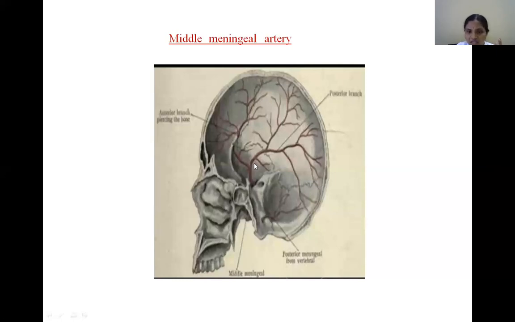This extradural hematoma may compress the cerebrum. As it lies just over the motor area of the cerebral cortex, what happens? There are complications, so cerebral compression. If we want to relieve the cerebral compression, we have to drill this particular bone in this area, and we should ligate this vessel. So very, very important. Extradural hematoma is commonly because of skull injury. In that case, the middle meningeal artery may be involved.